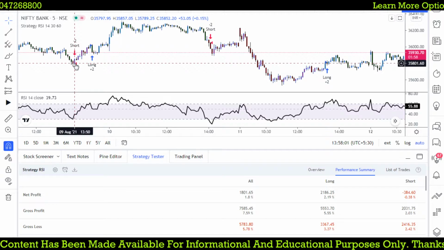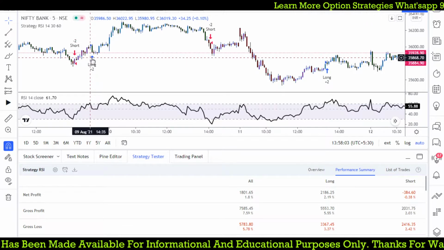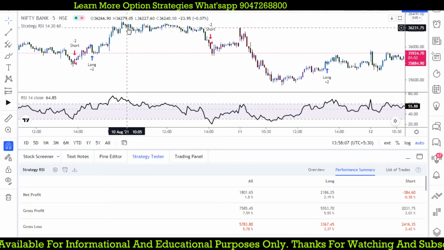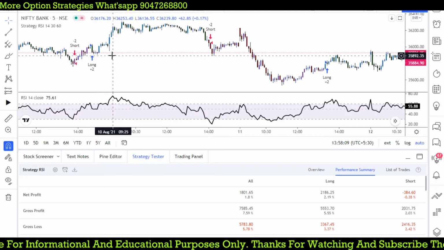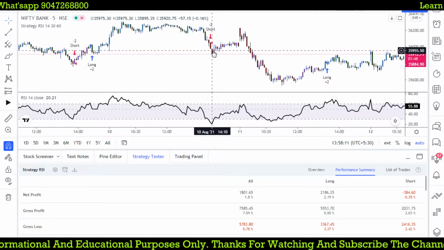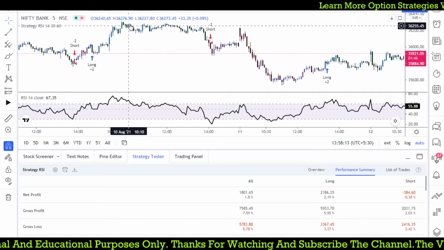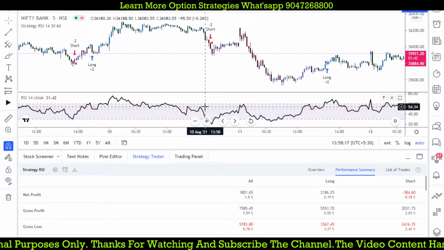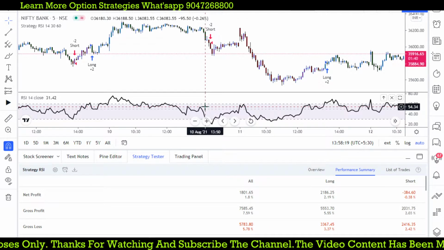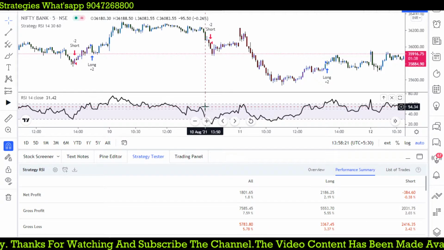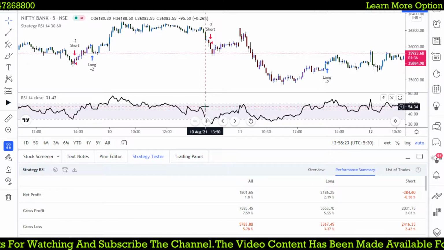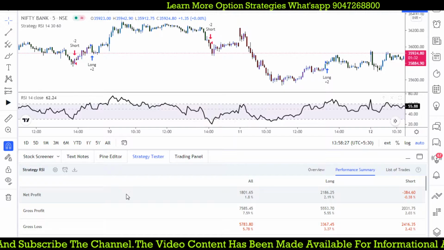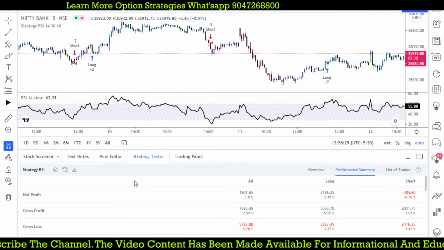Now from here, the chart gave a long immediately, so there will be a loss trade. After the long, it moves well, and again it gives you a short at the same price level, maybe a loss also. So we are not booking profit whenever the market is high. Simply, you follow: when the RSI crosses above 60 is my buy entry, and when RSI crosses below 30 is my sell entry.